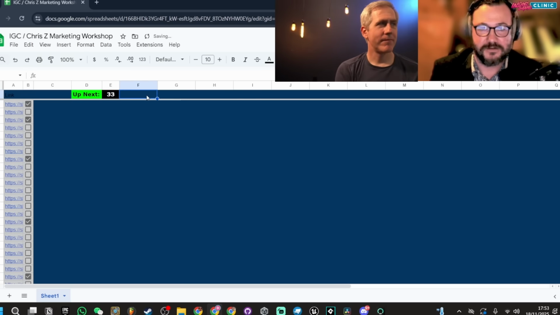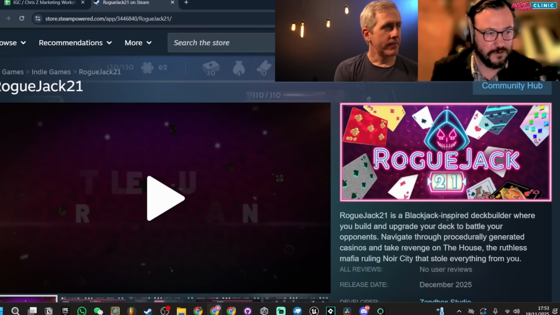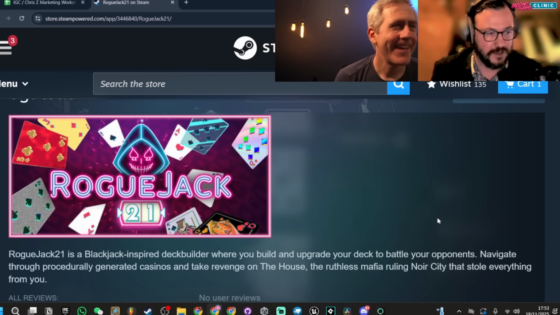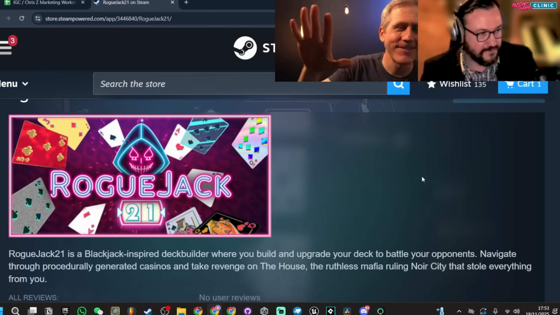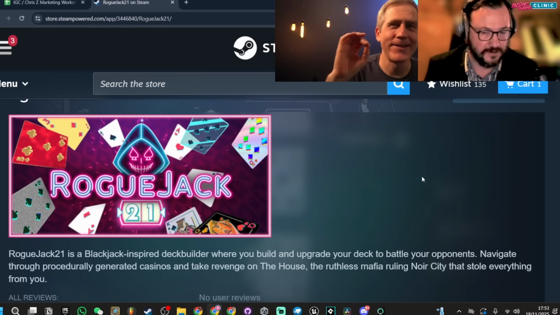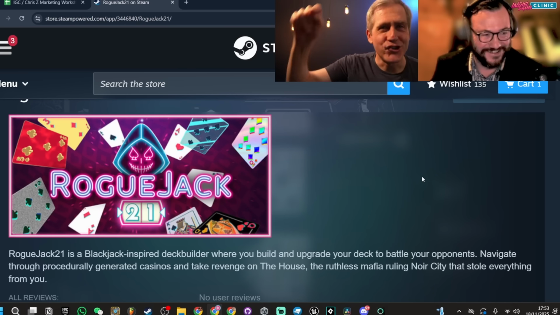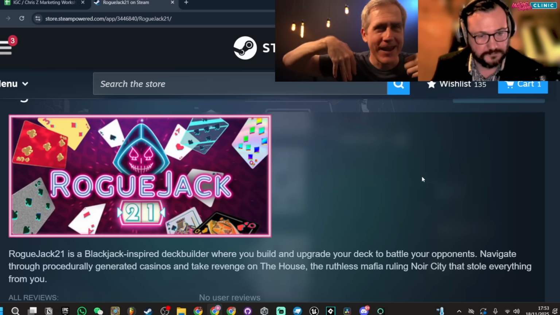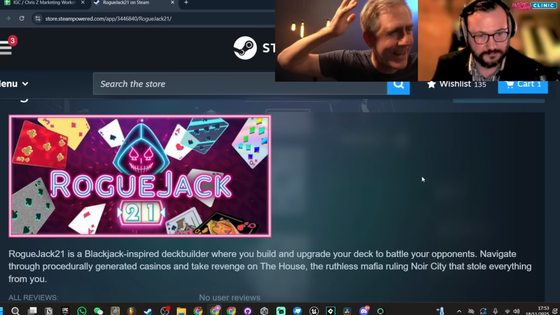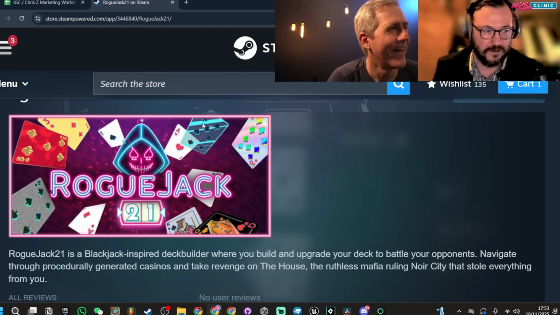Yeah. Rogue Jack 21. I think that's a pretty good title. I feel like that's a game where you can almost immediately tell what it's going to be just from the name. Although, let's talk about this capsule. I love this capsule, because this is what I'm telling you all. It's not subtle. It's called Rogue Jack, and in the numbers, they kind of look like a slot machine. It says 21, and there's cards everywhere. You can sort of see the Balatro. Oh, there's a glass card. You know what you're getting with this.